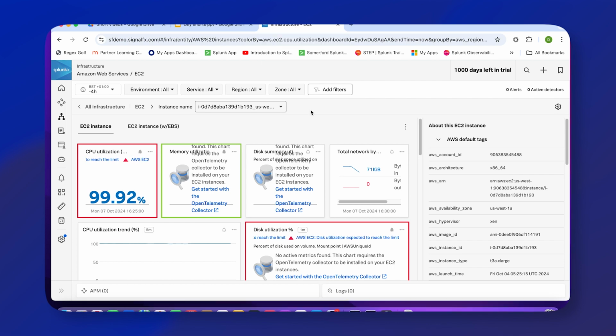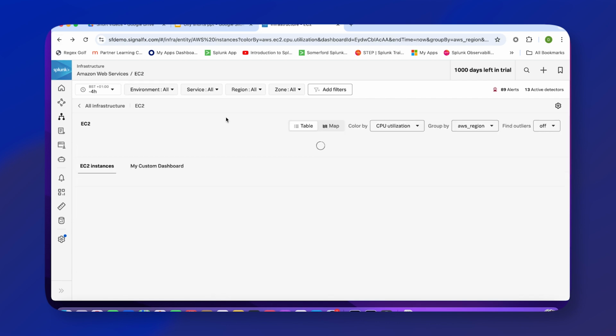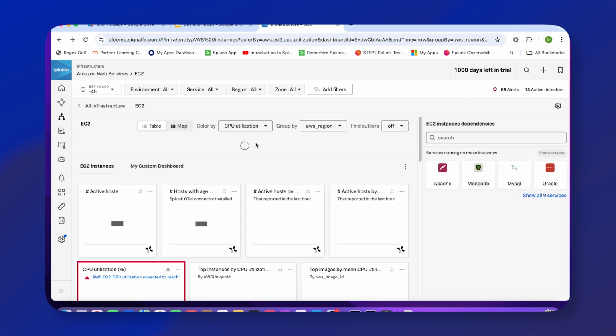Heading back to our EC2 overview dashboard, there's just one more thing I'd like to show you. As we scroll down the dashboard,